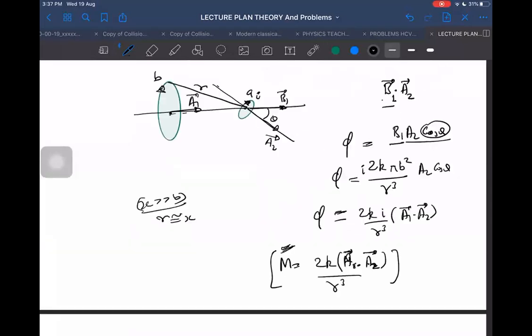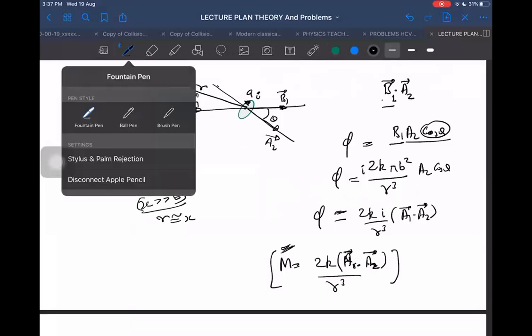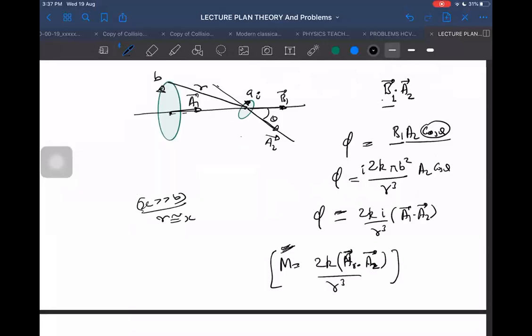And one more thing I want to add here. It doesn't even matter whether the smaller area is of flower shape or whatever shape you may give this area to be. Doesn't even matter really. Or it is a square, it is a triangle, as long as it is small. As long as it is small. And it doesn't even matter whether the area is in the same plane or in different planes.